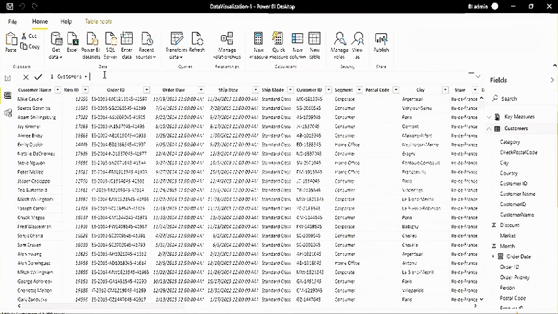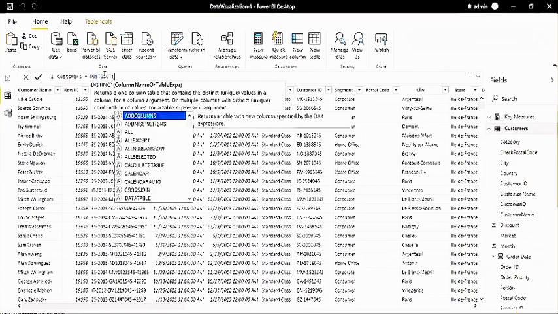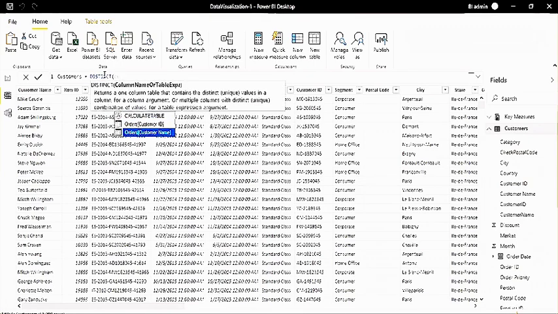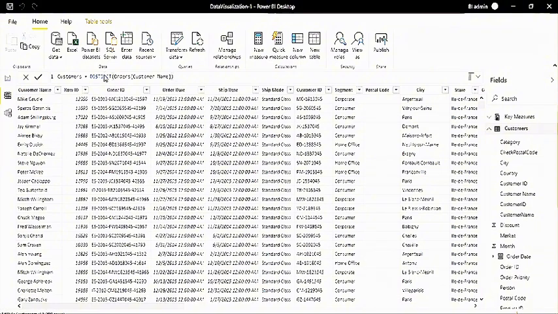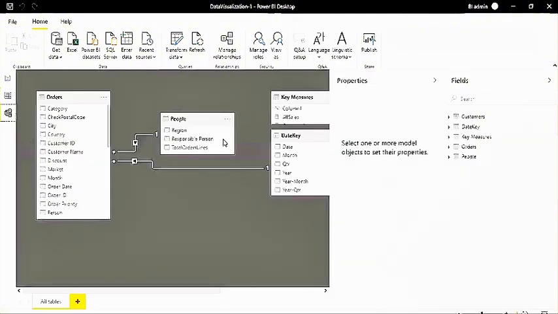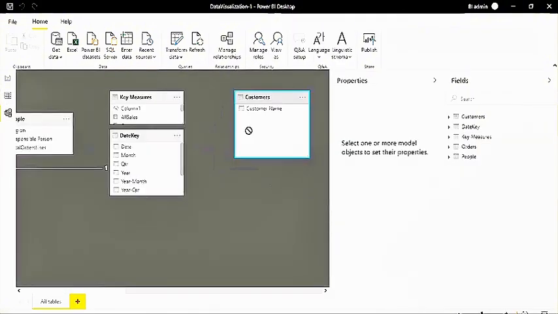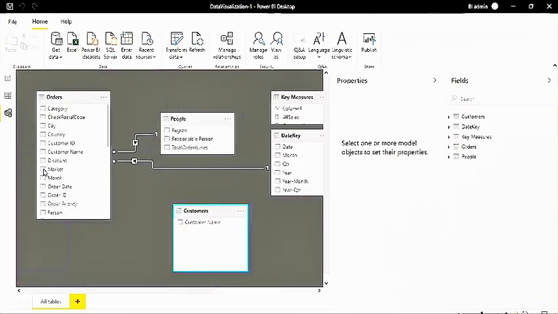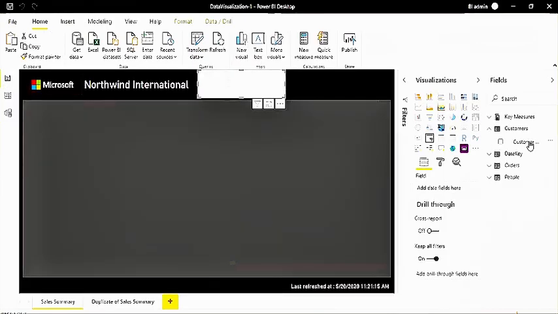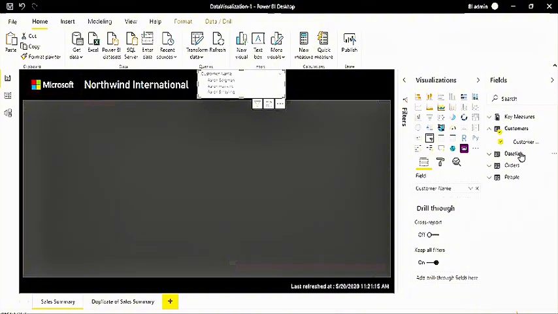So basically, I'm just trying to create a new table here, because I don't have the customer name here. So let's say I got it. Now I need to add a relationship between these tables. Generally, when we work on complex scenarios, we will always have the dimension tables. In this case we were not having the dimensions, so I just created this dimension table here. Now in this slicer, I will add this customer name from the dimension, not from the fact.